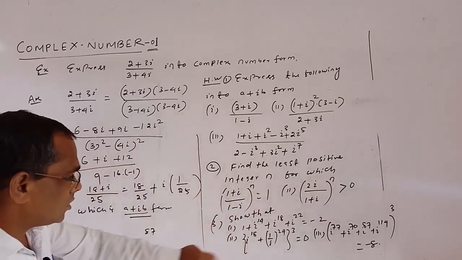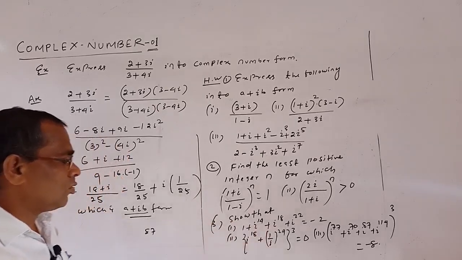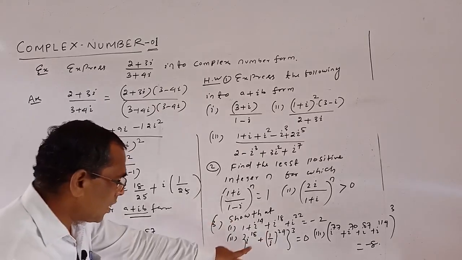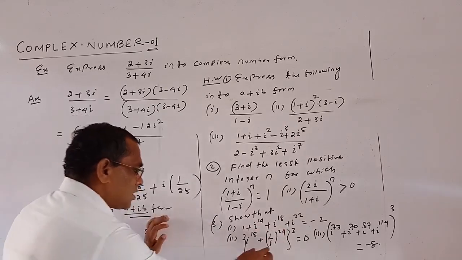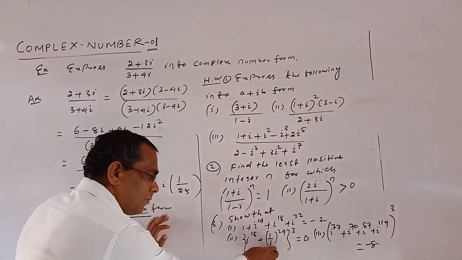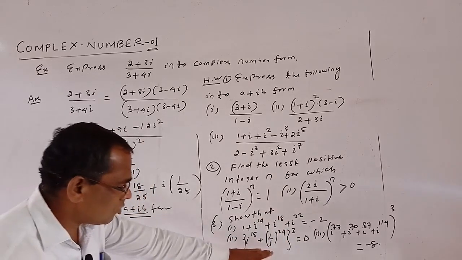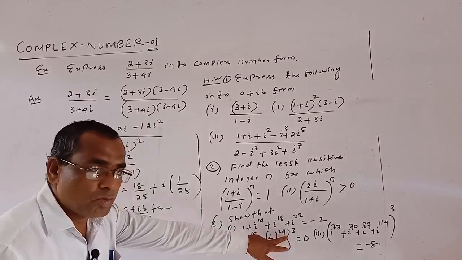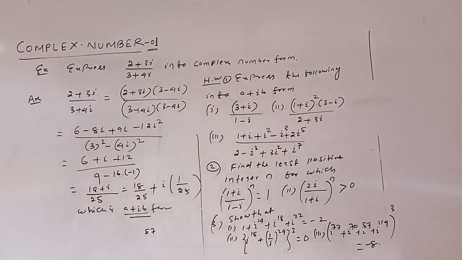Then the third one is: show that (1 plus i) to the power 14, i to the power 18 plus i to the power 22 equals minus 2, i to the power 18 plus 1 by i to the power 24 whole cube equals 0. First express it as an imaginary number, its power will be cube, but it will be a complex number and the whole power cube is 0. That one also: (i to the power 77 plus i to the power 70 plus i to the power 87 plus i to the power 114) the whole cube equals minus 8.